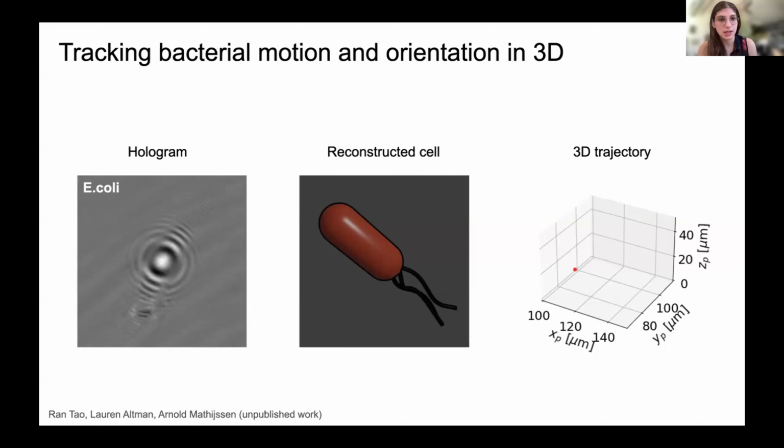So I'm going to play this video in a second, but what I'm showing you here is a hologram of a single E. coli bacterium, and it's moving through fluid in time. And we are going to record its hologram and reconstruct both its orientation in 3 dimensions and its trajectory in 3 dimensions using